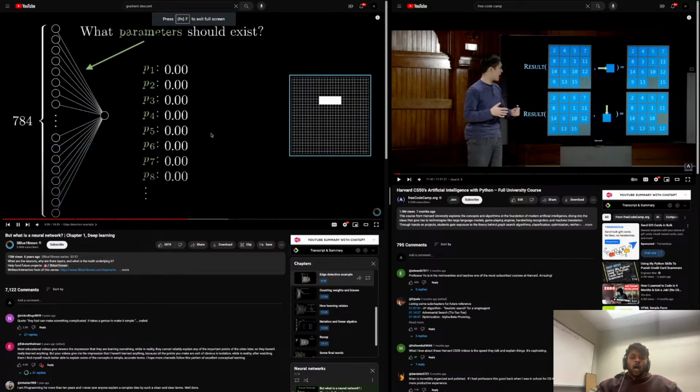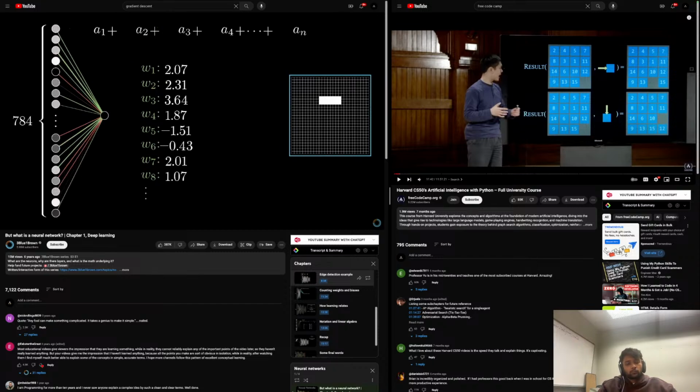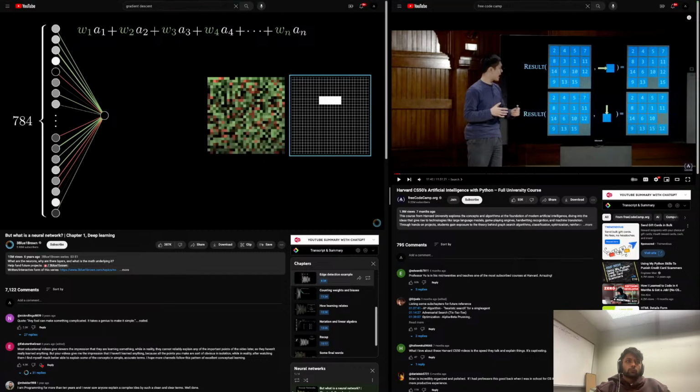Well, what we'll do is assign a weight to each one of the connections between our neuron and the neurons from the first layer. These weights are just numbers. Then take all of those activations from the first layer and compute their weighted sum according to these weights. I find it helpful to think of these weights as being organized into a little grid of their own, and I'm going to use